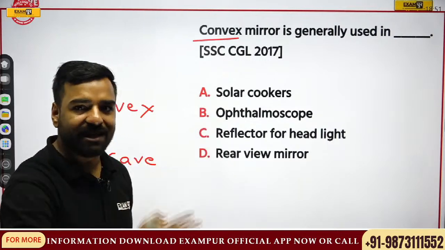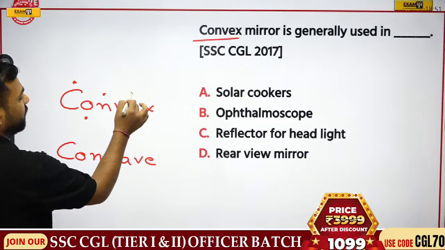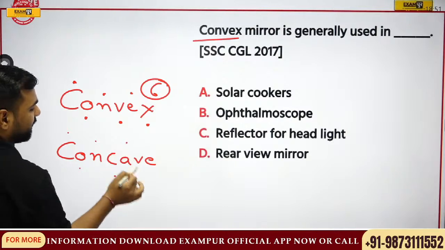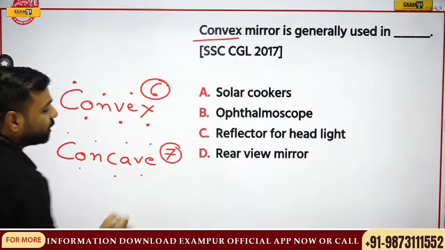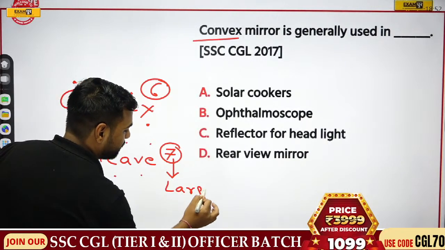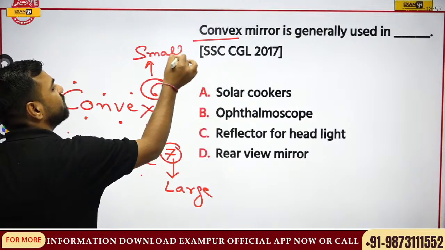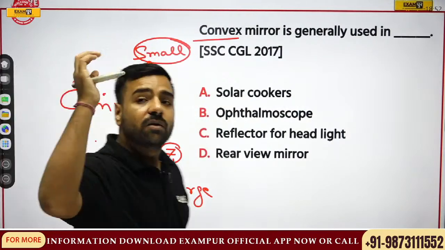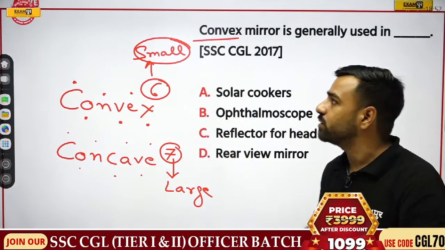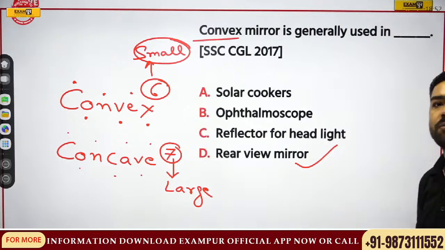Okay, let's come back to this question. I told you 1, 2, 3, 4, 5, 6. 6 letters are there. If I talk about this one, 1, 2, 3, 4, 5, 6, 7. 7 letters are there. I told you more letters, larger the image. Here, fewer letters, that is smaller the image. And this was the trick where we remembered what? In the side mirror view, we are using convex mirror. Just have a look. Here, rear view mirror. That is option number D.